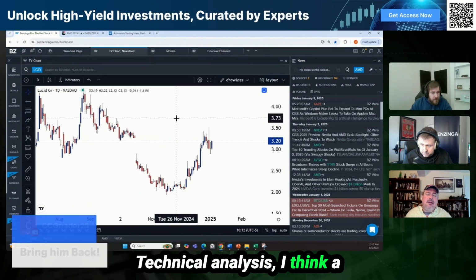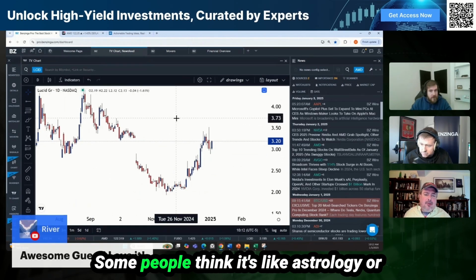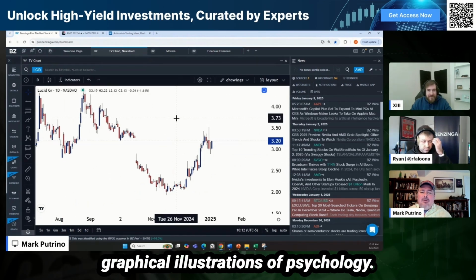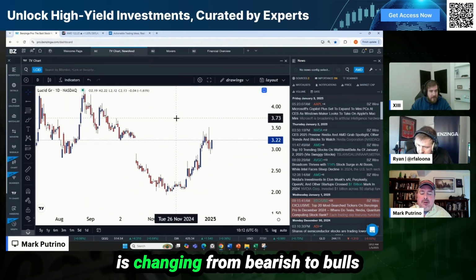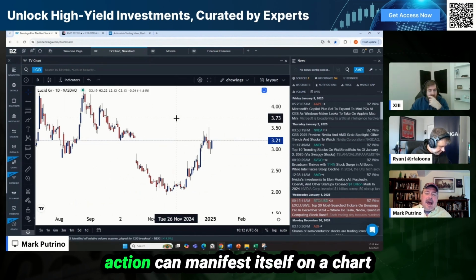Technical analysis, I think a lot of people that do it really don't understand it. Some people think it's like astrology or reading tea leaves, but it's not. It's about graphical illustrations of psychology. Now, when leadership of a market is changing from bears to bulls or vice versa, sometimes the price action can